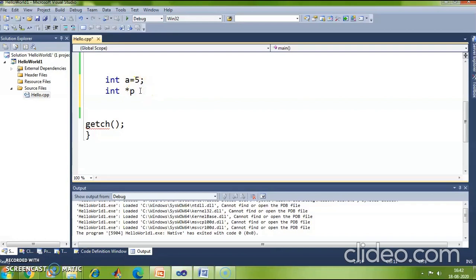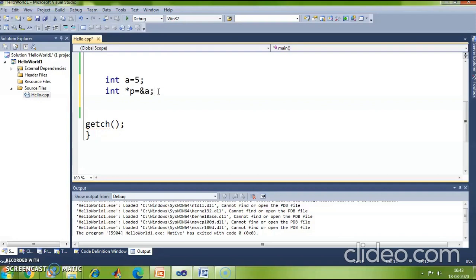I'll say p is equal to ampersand a, indicating that this pointer variable is holding the address of the variable a. Imagine if the address of a is 100. That means pointer p will hold this address 100. So what is p holding? P is holding the address 100.